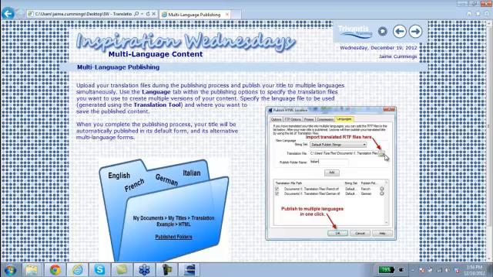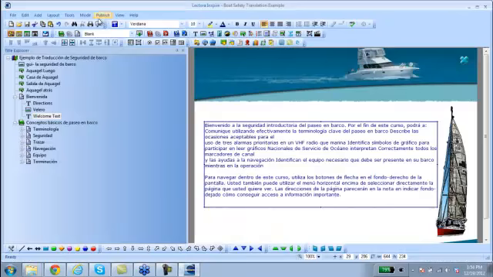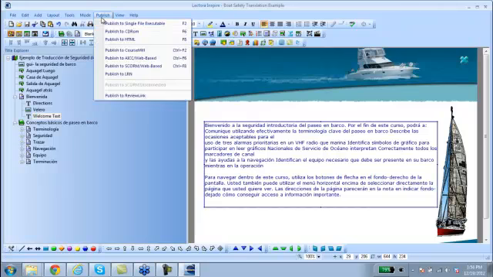So if you have one in English, it's going to automatically publish out to English. And then it's also going to recognize the Spanish and French version of your course and create separate folders for each one. So once again, just to see it firsthand, if I go to my Publish drop-down menu